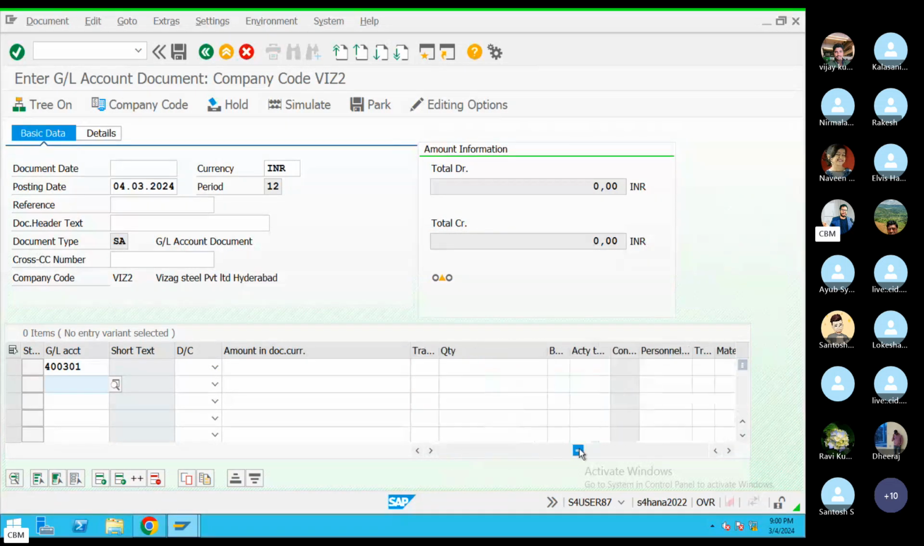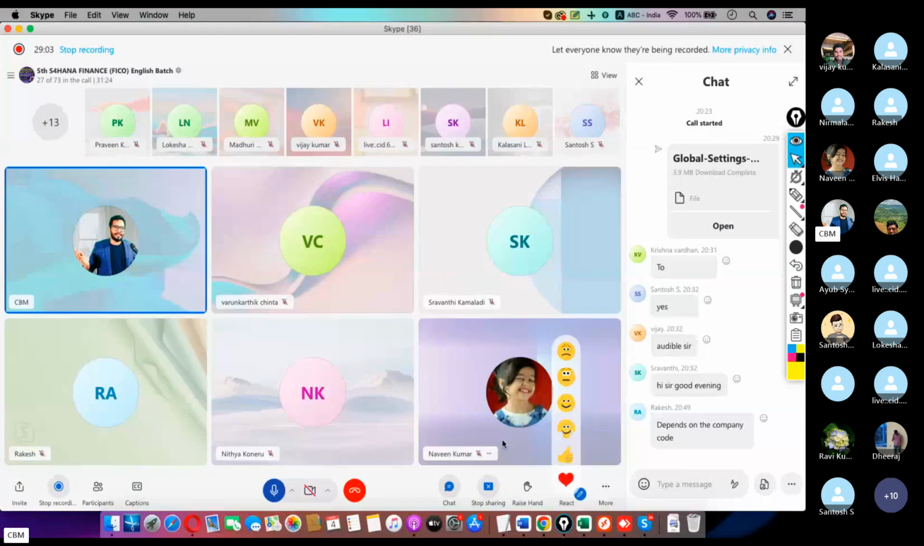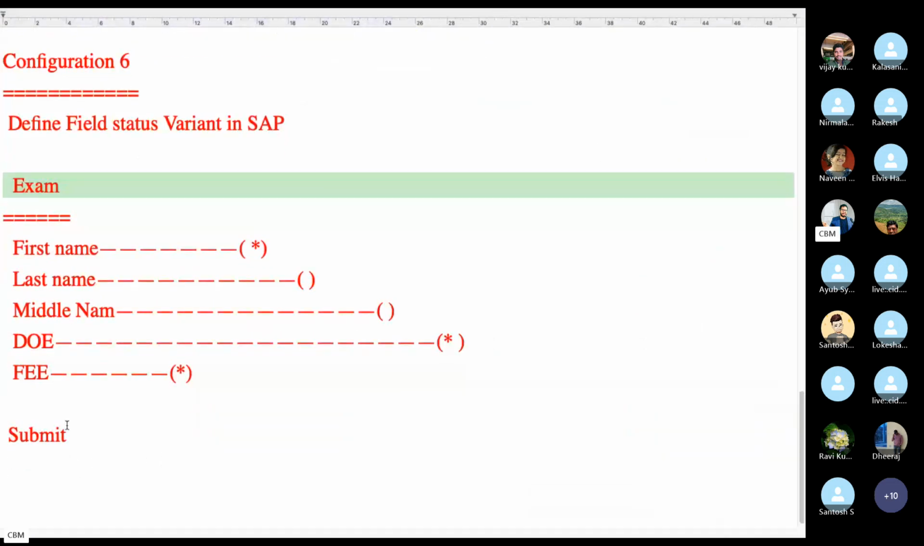For example, if I don't need the material information, person information, activity type, then we can make it suppressed or optional. At the time of document posting, transaction booking, like this GL transaction, rent account, salary account, rent paid, salary paid, some of the fields we can make mandatory, and this one is not required, then optional. So fields we can make optional or suppressed. That is called field status. So field status means